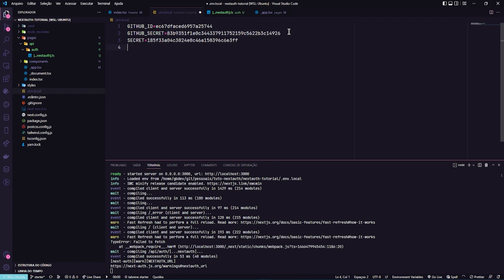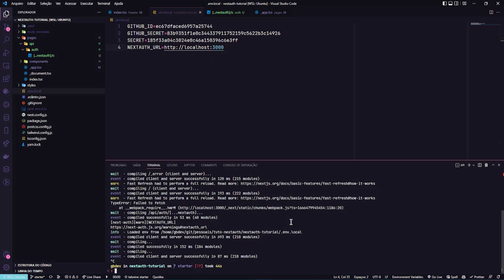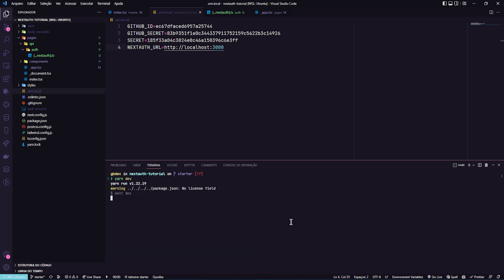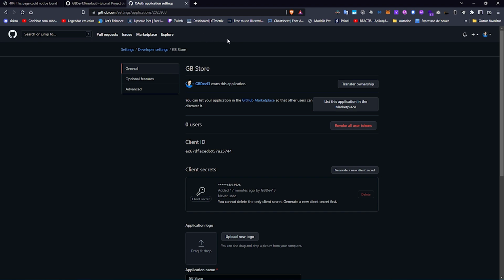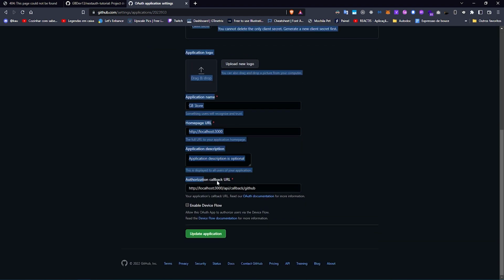Call it NEXTAUTH_URL, equal to my URL, which is localhost 3000. Let's restart again with yarn dev. Oh, okay. One more detail that I got wrong is that here, the authorization callback URL is not only /api/callback, it is